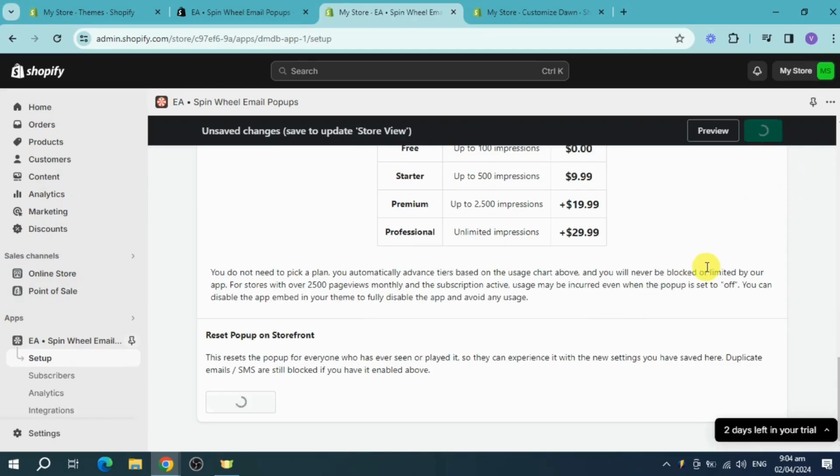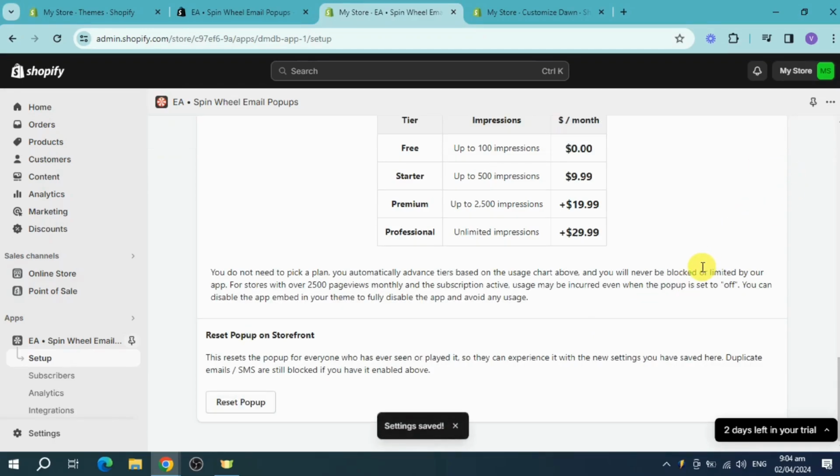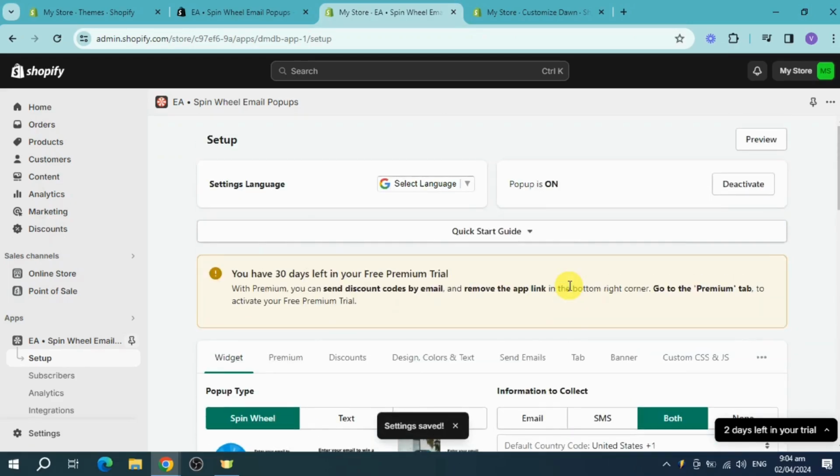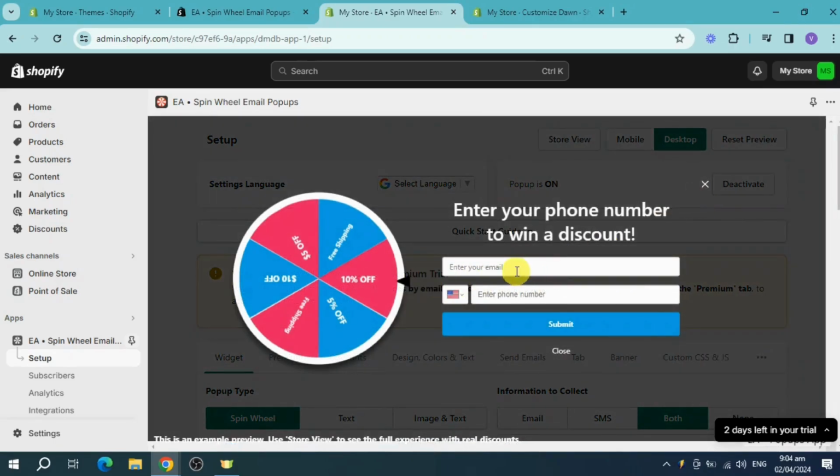Now, once you have saved that, next thing you need to do is preview what it looks like. Click on preview right here. And this is what it looks like. It will collect the email as well as the phone number. And by having this phone number right here, you should be able to build your email list or your phone list as well. So that's the whole